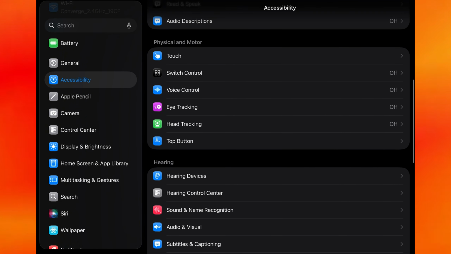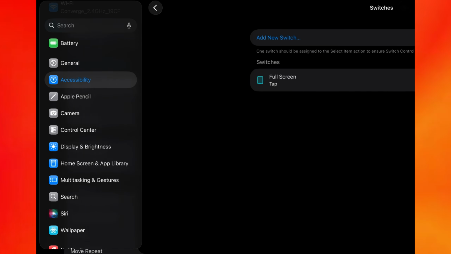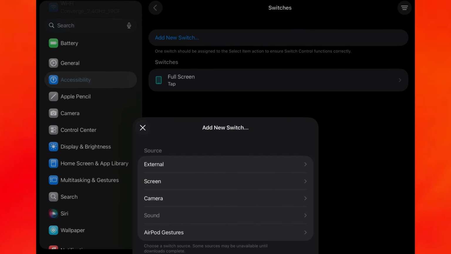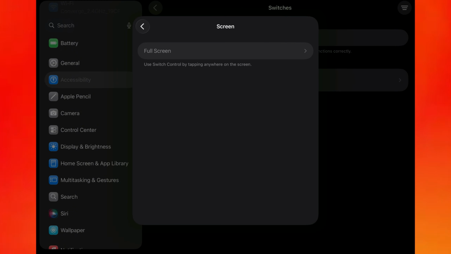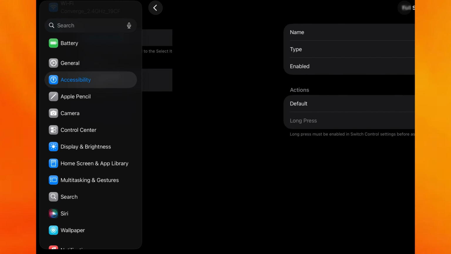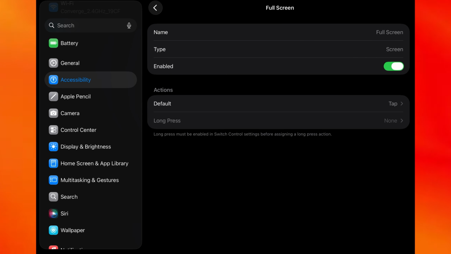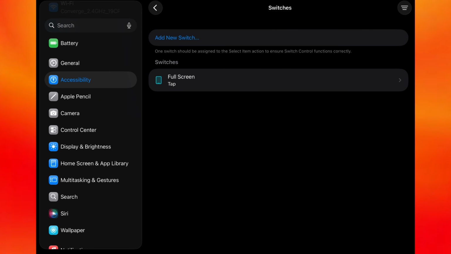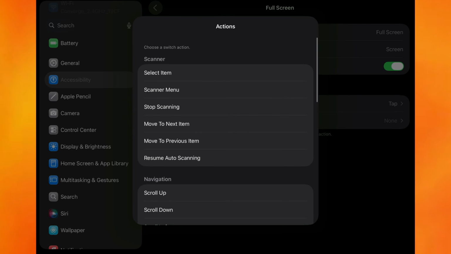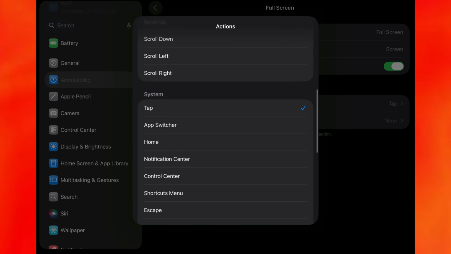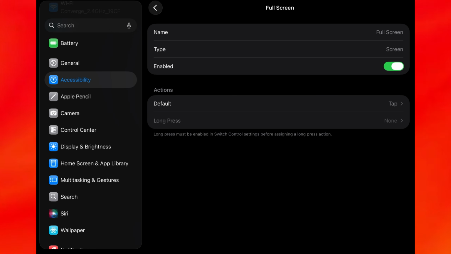So on your switch control, you're gonna go to your switches and add a new switch. Here you're gonna press on screen. You can choose the full screen option and then the tap option for your full screen. So let's say this is your full screen switch. Make sure your action is on tap like so. You can find the option tap in your system, and once you have a switch, you can go to your